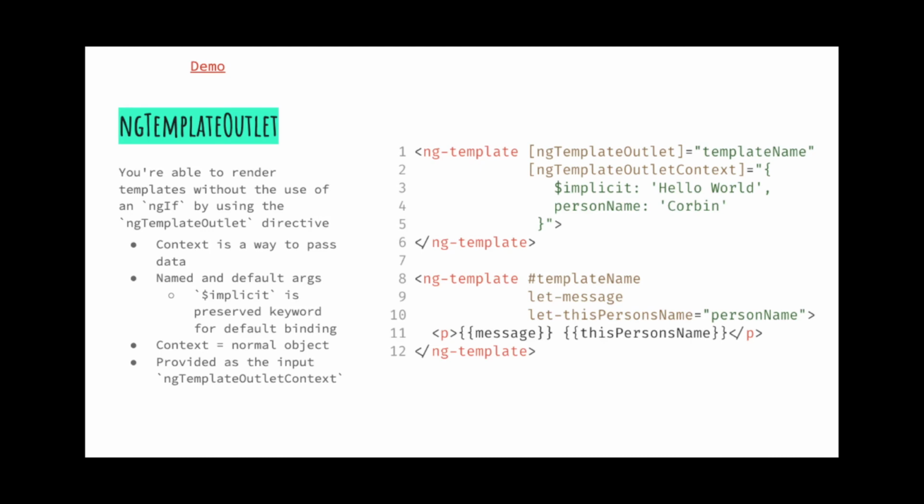One of those keys is $implicit, and it's marked as kind of the default export, so export default in ES6. In that case, we're binding to a template input variable called message here, which we can then display. So in this case, we have the implicit key, which is hello world. We have personName, which is Corbin. We're binding personName to the template input variable, this person's name, and we're binding the default implicit value to message. So if we look at how this is rendered out,